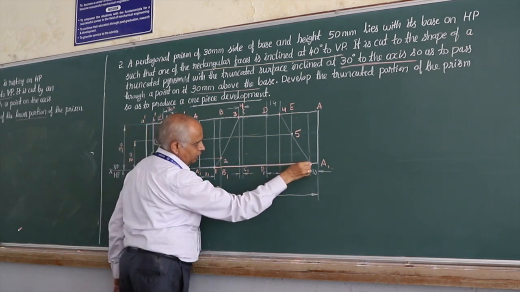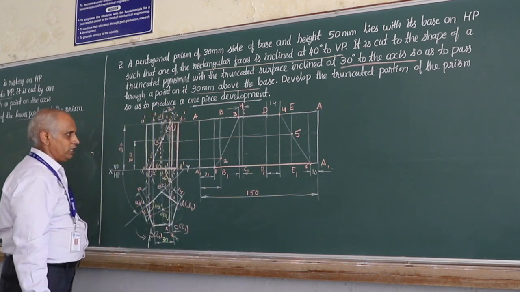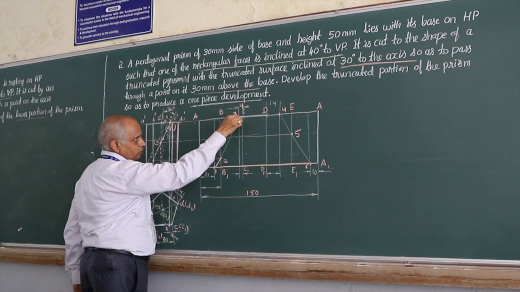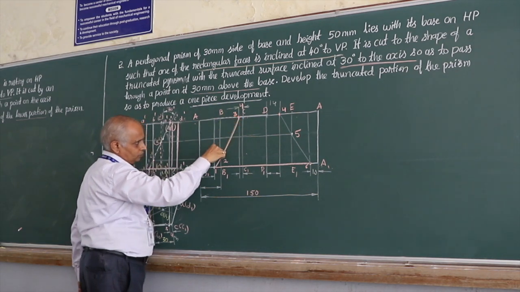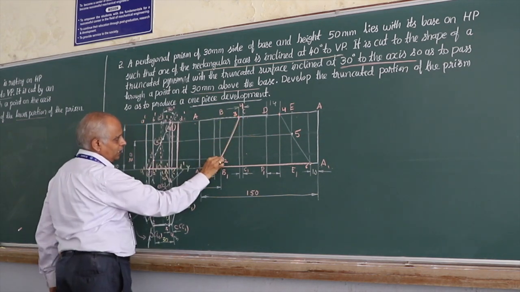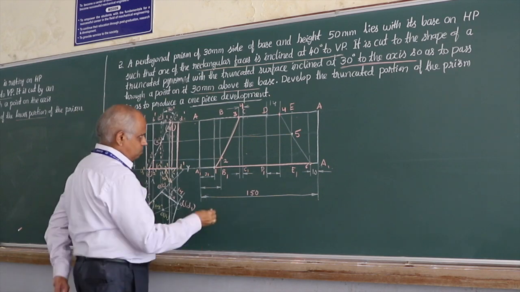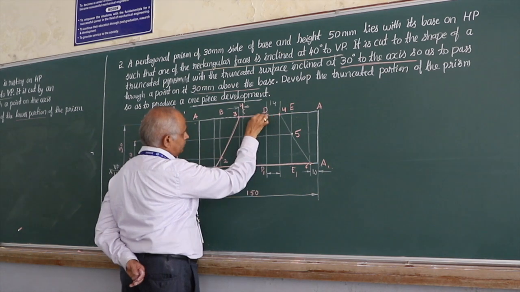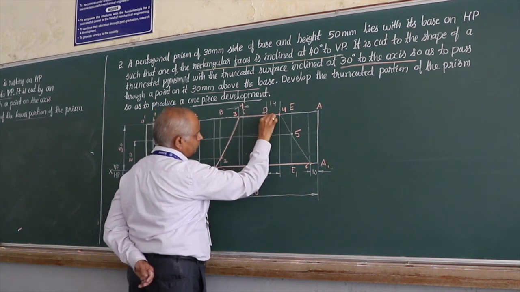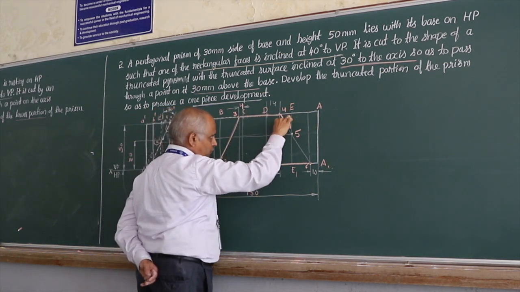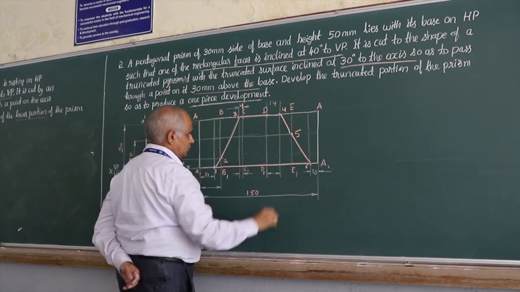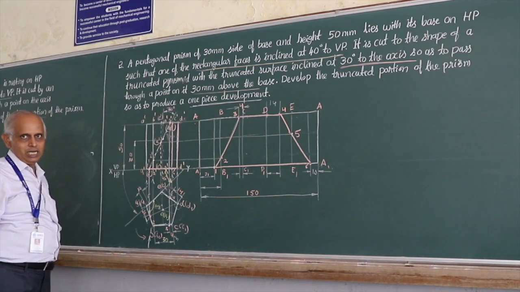This is the base of the cut object, truncated one. Then 1 to 2, then you have 3 to 2. Remember, it is 2 different lines here. Then 3 to C, C to D, and D to 4. Then 4 to 5, 5 to 6. These are the boundaries of the sheet metal.